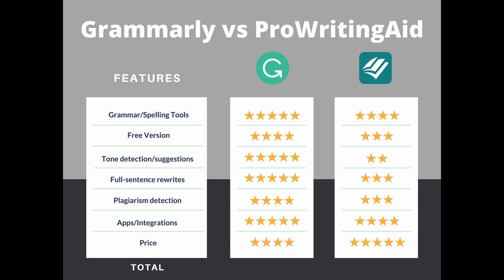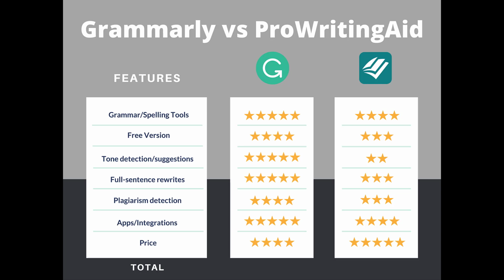And finally, price. This is the only category where ProWritingAid actually excels. They have a lower annual cost, and they have a lifetime license that you can get as well, where you can save a lot of money, especially if you use the 20% discount code that I've linked to in the